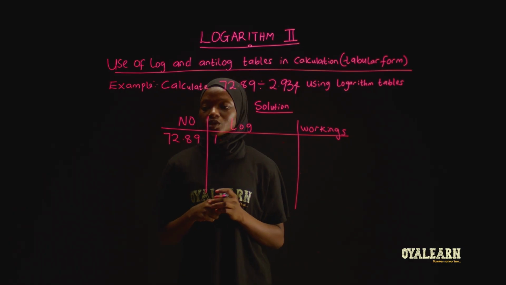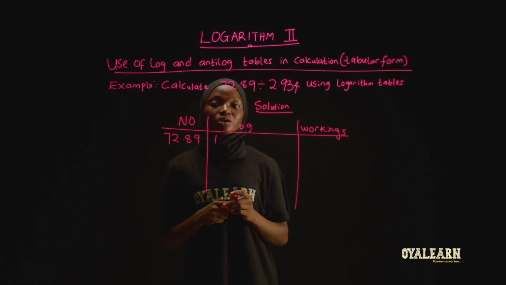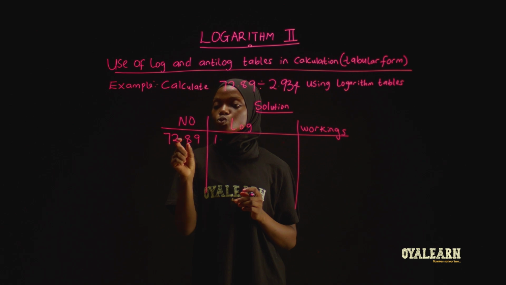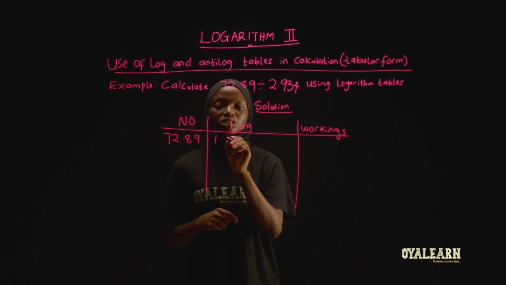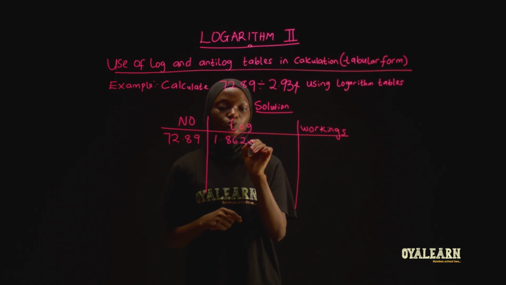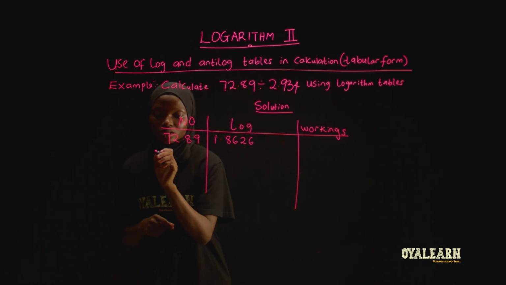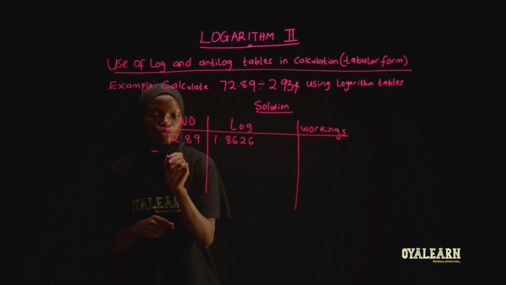So for the decimal part, under the logarithm table, we check 72 under 8, then we add up the value you get for the difference of 9, which is going to give us 8626. Then divided by